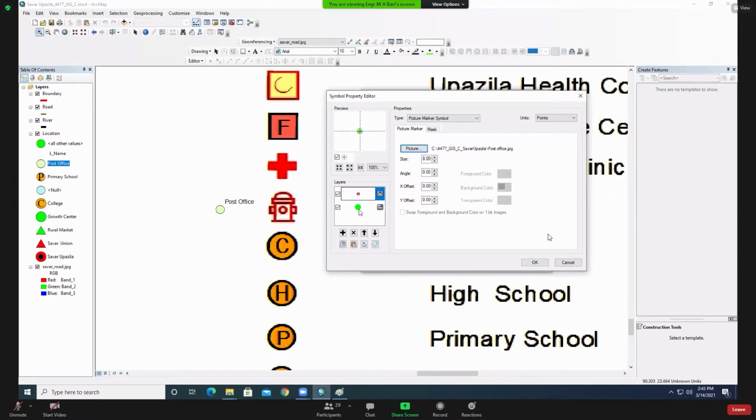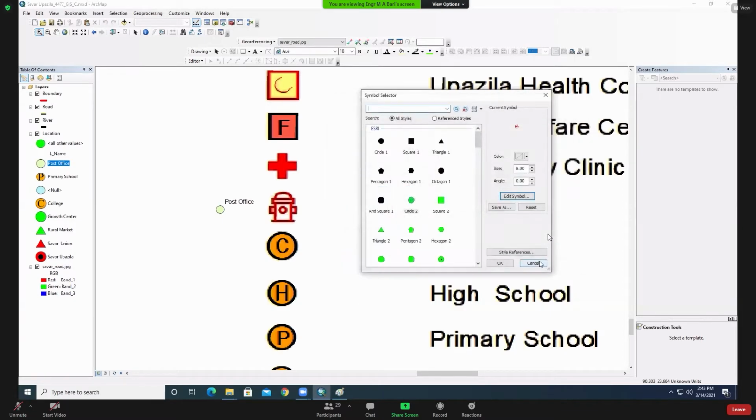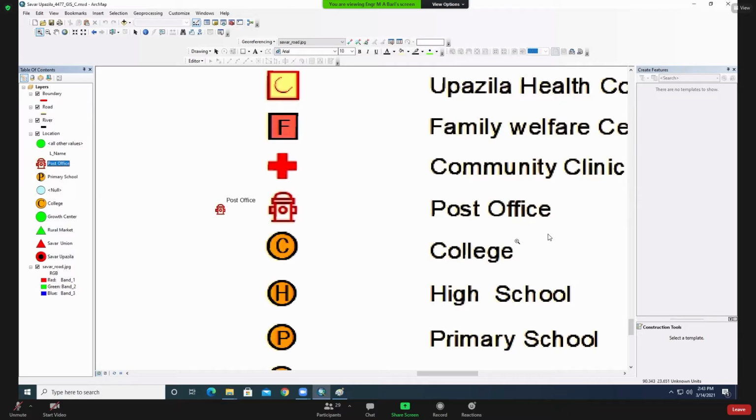Then if you need to delete some symbol, delete it. Then click okay on this symbol. Now increase the symbol size. Okay, this is the symbol, and look, this is your symbol.